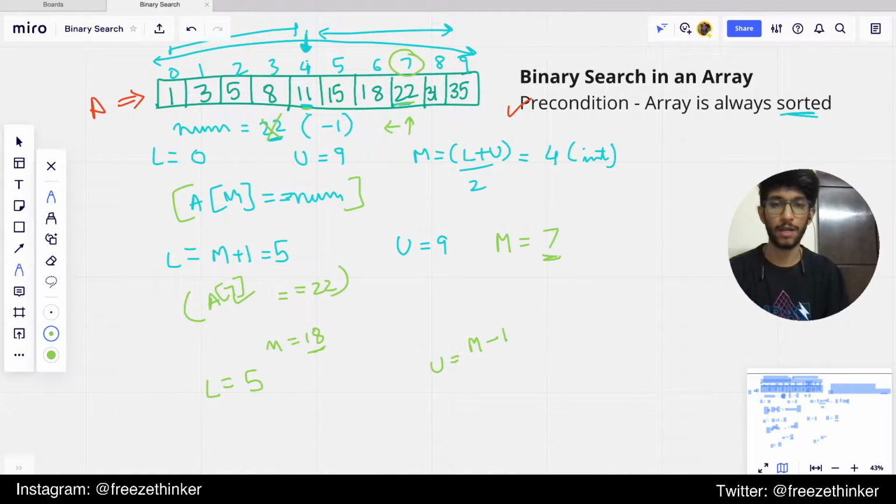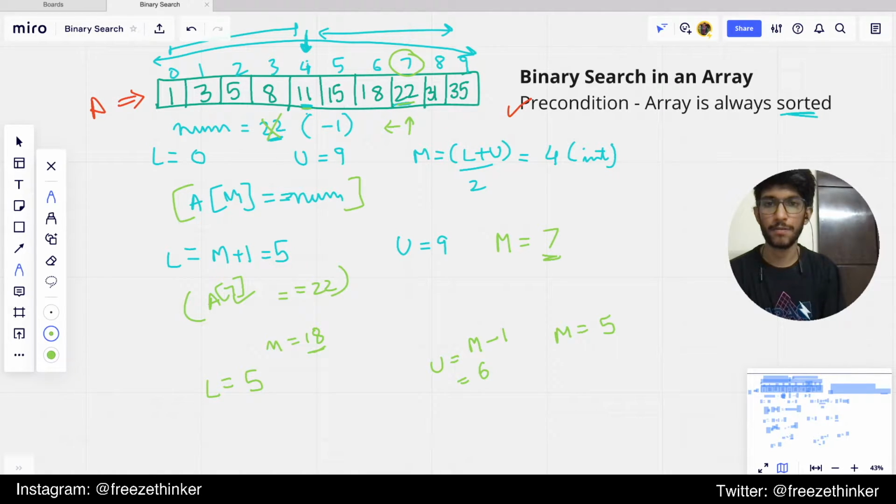Upper bound would have become mid minus 1. Mid was 7, so now the upper bound is 6, and mid in this case becomes 5 plus 6, which is 11, and 11 divided by 2 is 5. So here we are.